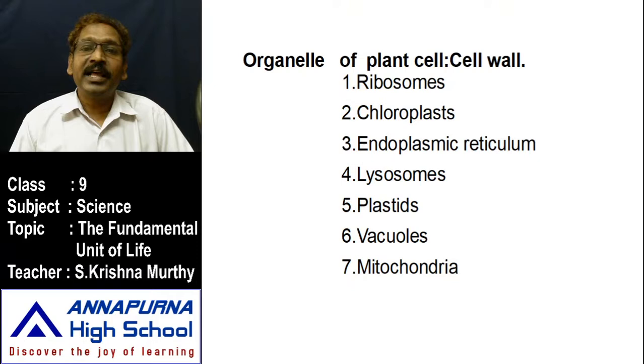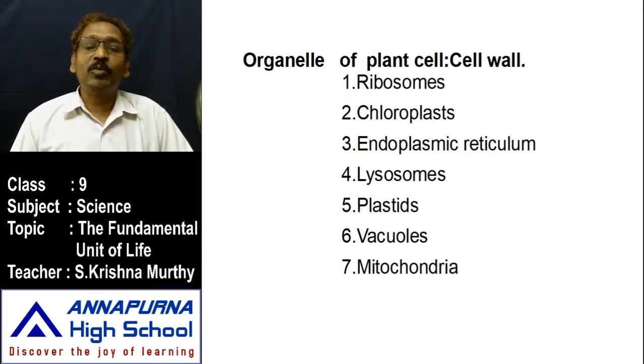In the earlier class we learnt about the plant cell and animal cell. The plant cell has different kinds of organelles, and the animal cell also contains different kinds of organelles. What is the outermost layer of the plant cell? Cell wall. What is the outermost layer of the animal cell? Plasma membrane. So the plasma membrane is the only outermost layer of the animal cell. There is no cell wall in it. So that is the major difference between the plant cell and animal cell.